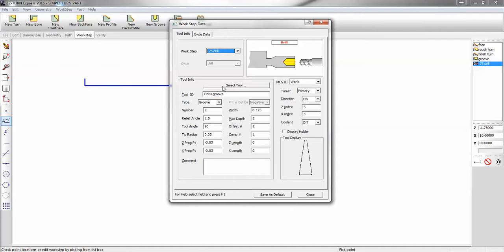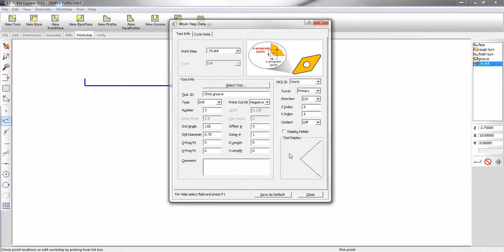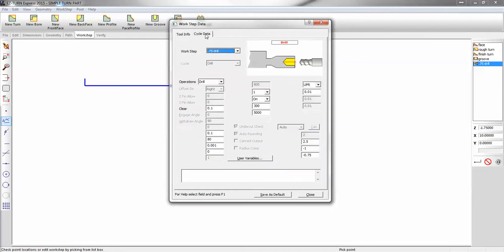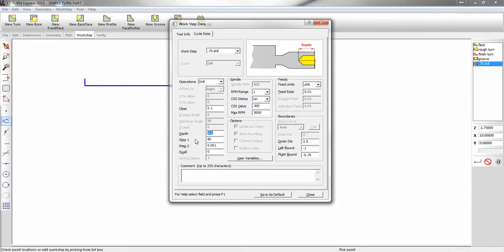Tool info to start with. Change this to a drill. Tool number 3, offset 3, included angle 118 degrees, drill diameter 0.75. These program points could be on the tip of the tool, 0, 0. Depth of cut, going 2 inches deep. Our first step, let's go with 0.75, and we'll take